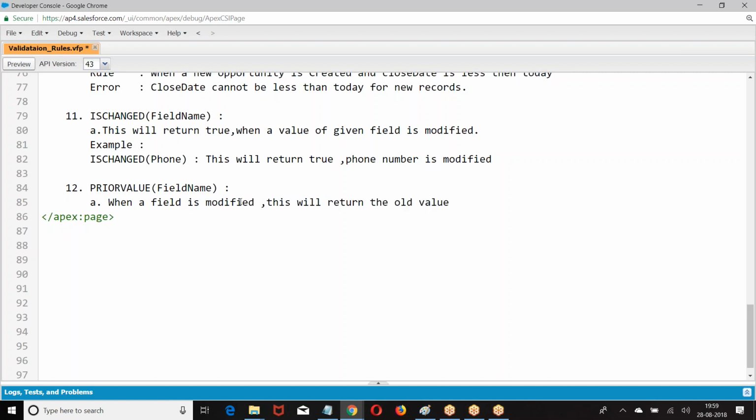When a field is modified, this will return the old value.